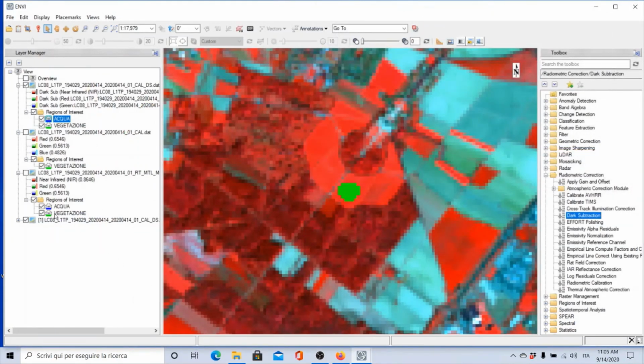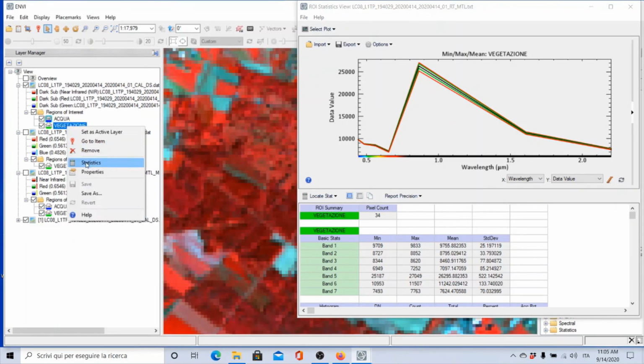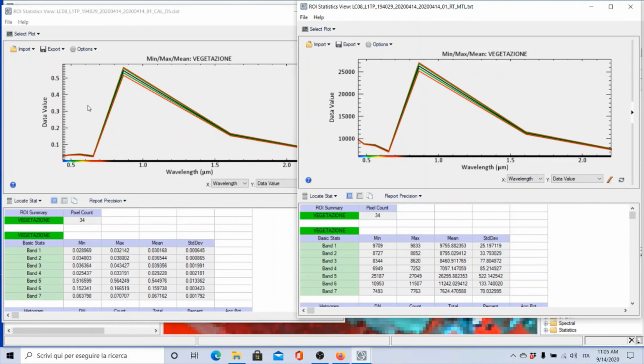So let's do another thing. Let's close that. Let's have a look again at the vegetation one. So this is the spectral signature of the original data, and now we are extracting, with a right-click in the statistics, the spectral signature of the calibrated and thus subtracted data, the bottom of the atmosphere. The scales of the x-axis are of course different, because here we have a range from 0 to 1 that are reflectance. Here in the right part we have digital numbers, and you see that these spectral signatures are different, and this is the main reason